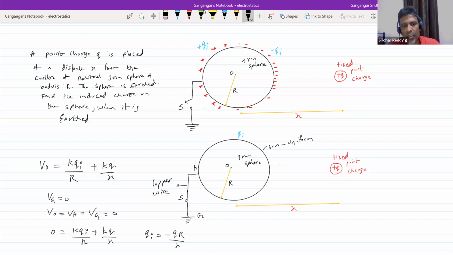When you open the switch, what will happen? When you open the switch, Qi cannot flow anywhere. It cannot fly. It cannot jump. So by closing the switch, you are providing a path for the charge to flow. So that Qi charge will pass through like this. If the charge moves continuously, then there'll be a continuous flow of charge across this wire. The rate of flow of charge will be current. If I connect an ammeter, it will start showing deflection.